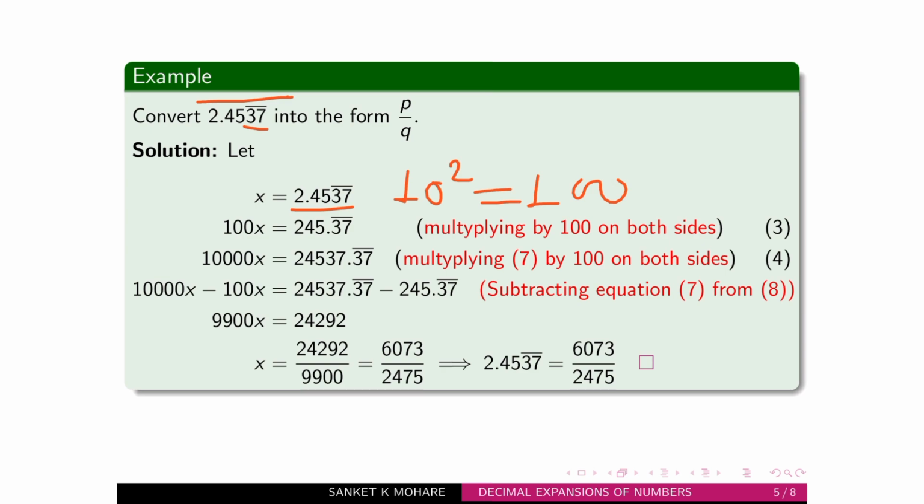So we get 100 into 100x, which is equal to 10,000x, and 100 into 245 point bar 37, which is equal to 24,537 point bar 37, which is equation 4. Finally, we have equation 3 and equation 4. Subtracting equation 3 from 4, we get 10,000x minus 100x is equal to